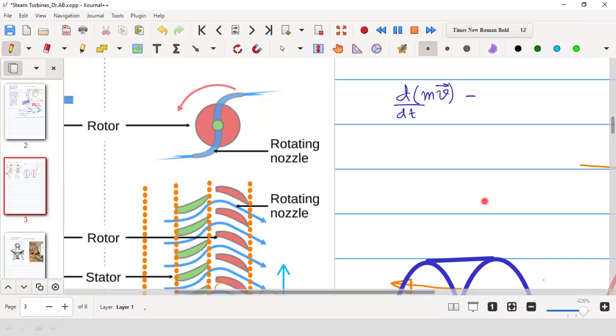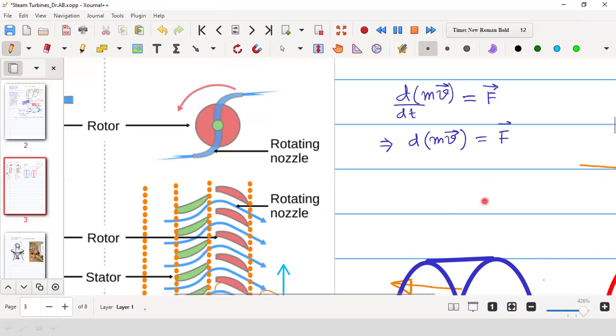What is that? From Newton's second law, the rate of change of momentum is force. Now, if I write d(mv) = F dt,